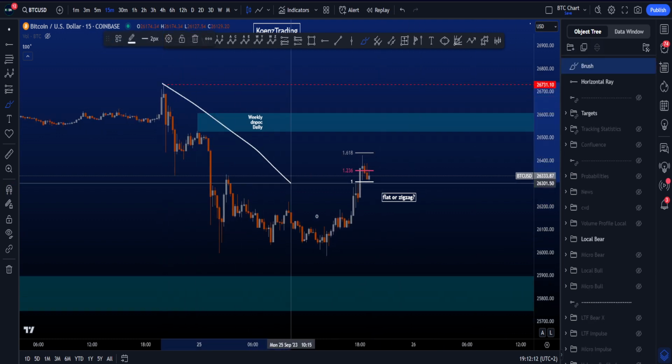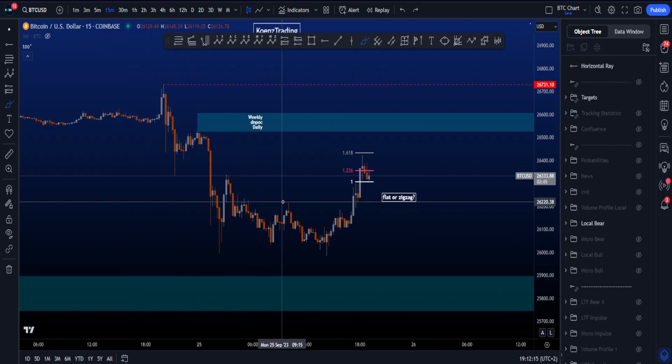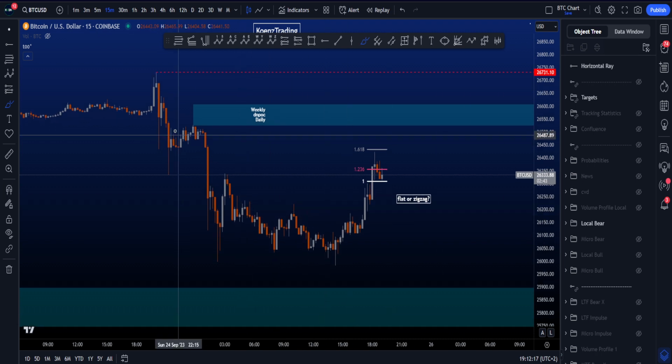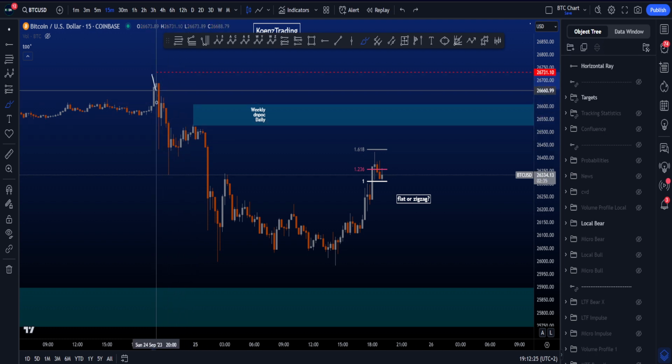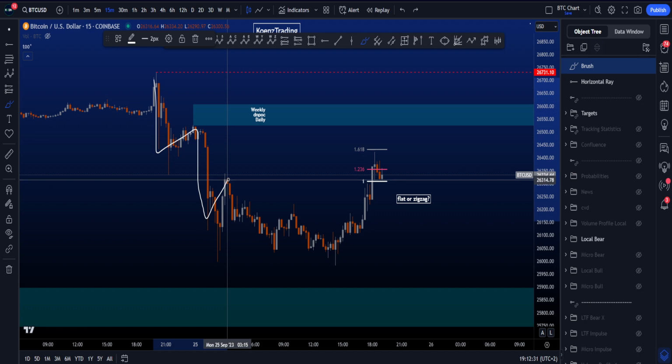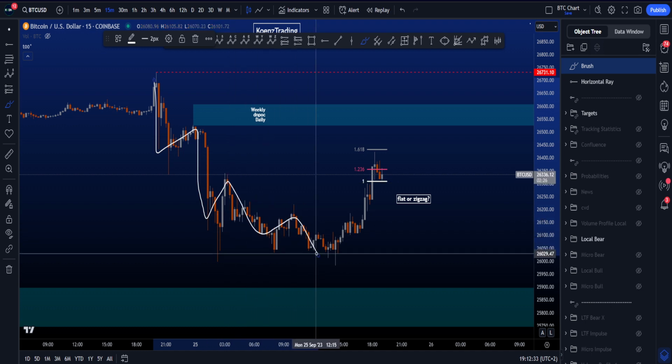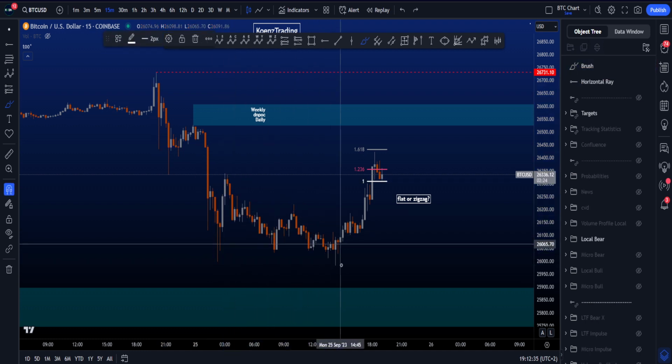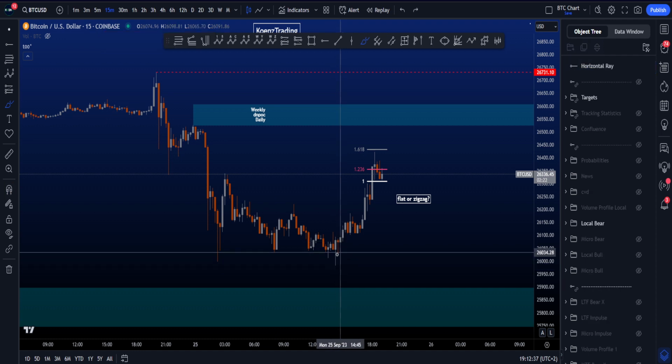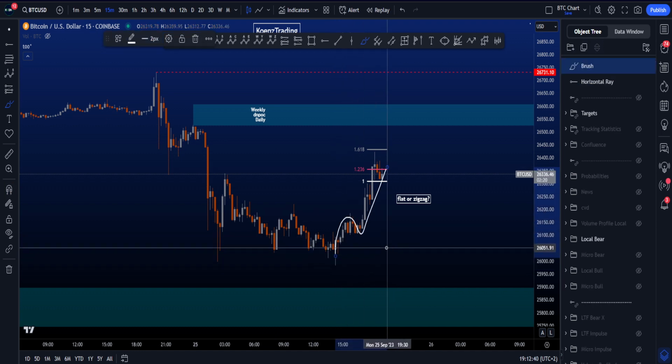Now also, this has to be a 5-wave structure to the downside, and it's actually not easy to count this as a 5-wave structure, but it's actually also not easy to count this as a double zigzag structure in this particular scenario. Now you could count this over here as a 1, 2, it's a bit of a weird wave 2 then, but a 1, 2, 3, 4, and then eventually you have a wave 5 to the downside, where this wick is the low of 5, and then we'd be looking for a zigzag to the upside over here,